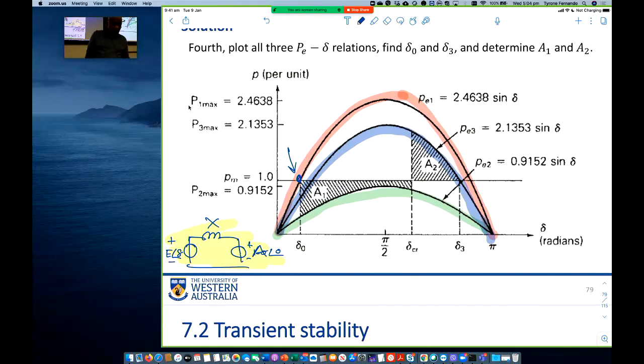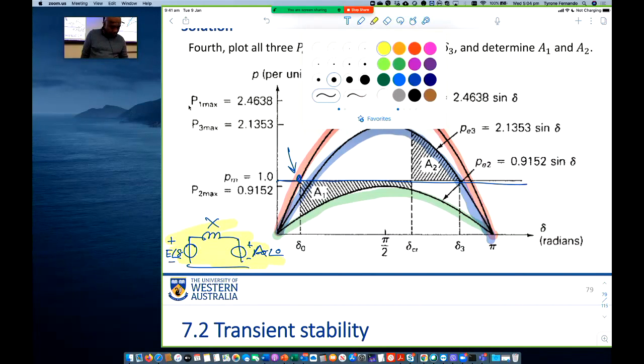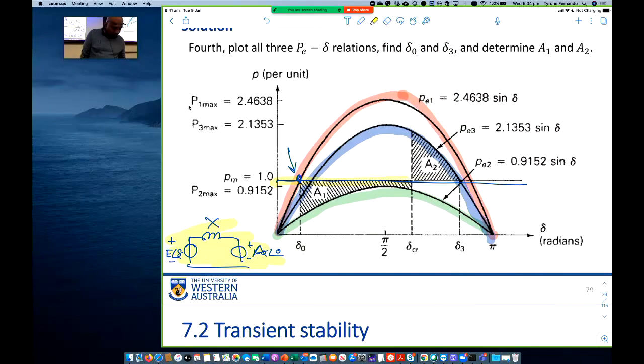During the fault, your green curve is below the mechanical power curve, which is in yellow, right? Your green curve is below the yellow curve, so delta keeps increasing. It will increase to this value,